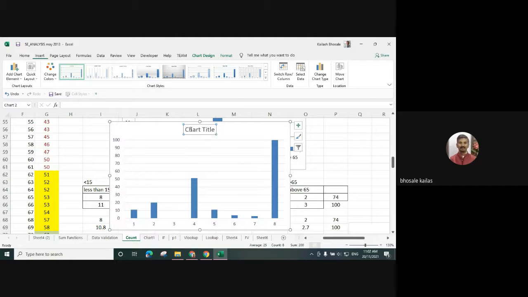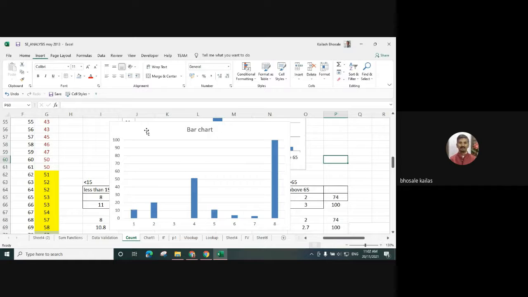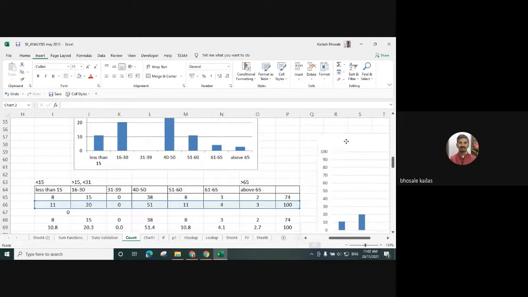You can also change the chart title, Bar chart, and drag it to the new location.